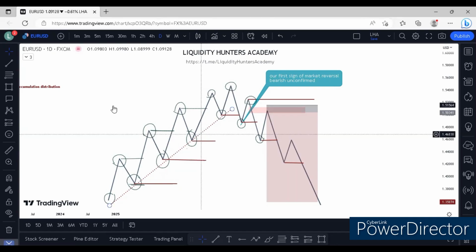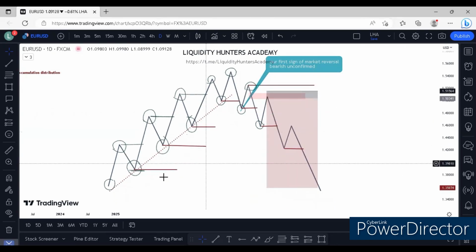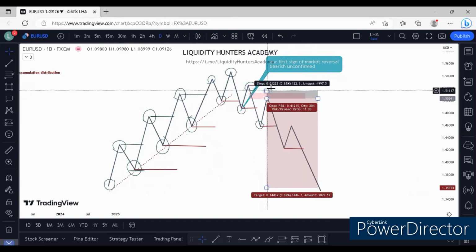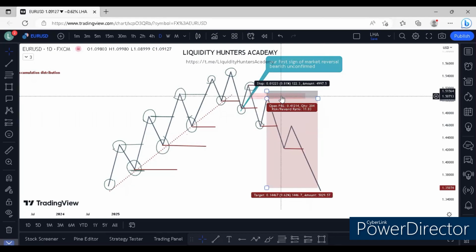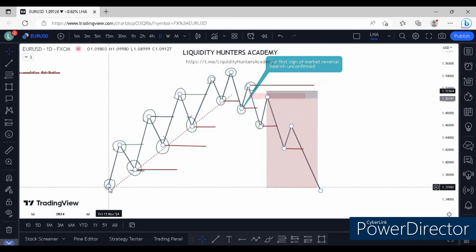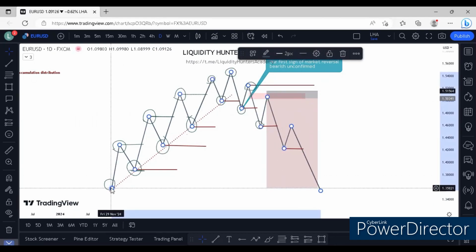So you need to understand the narrative of the market. Price was moving here to the upside. Oh, this low was taken out and this high was respected. We got the retracement and we printed another low. So now we are confirmed bearish. And this high is the protected high that we don't want to see taken out. And price can play whatever it wants inside this range. Therefore, here we can take a safe entry and we can target the lows and target the previous liquidity or